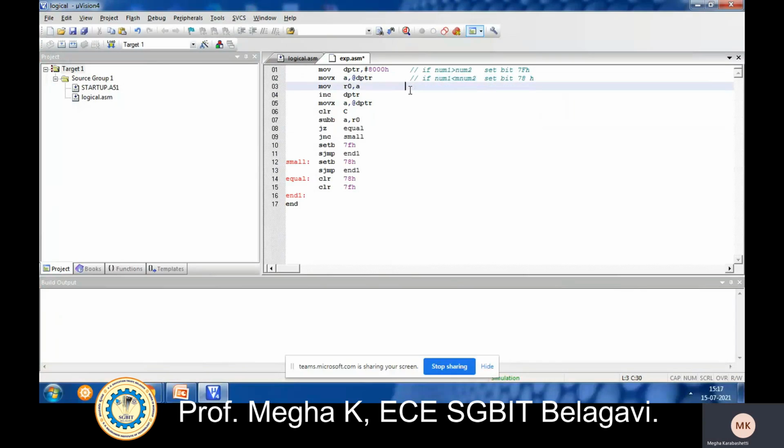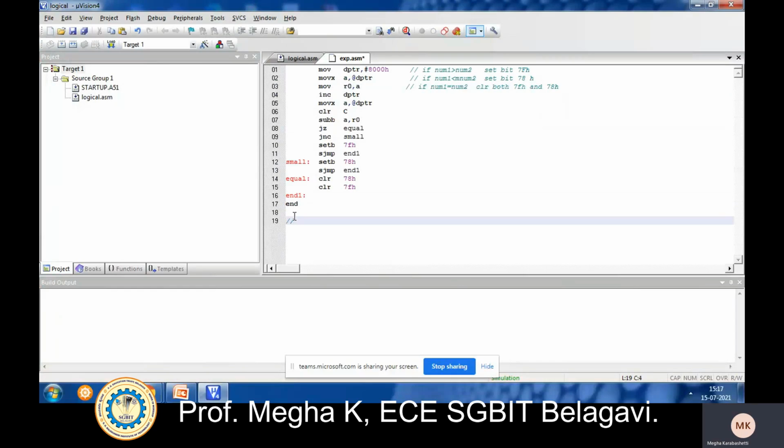If number 1 is equal to number 2, then I need to clear both bits, 7FH and 78H.